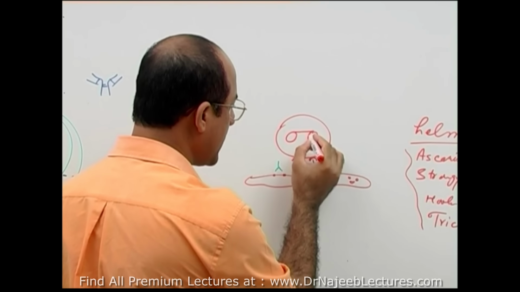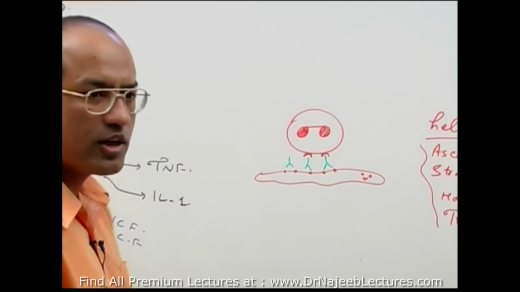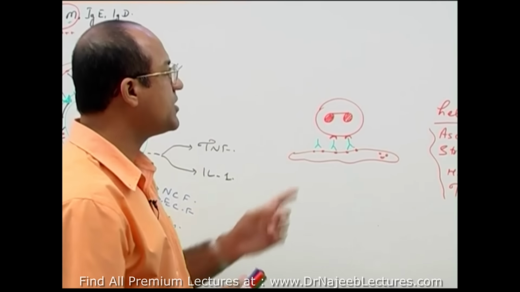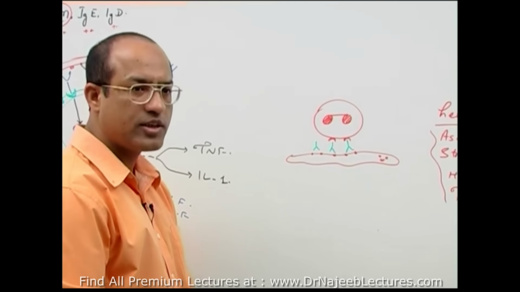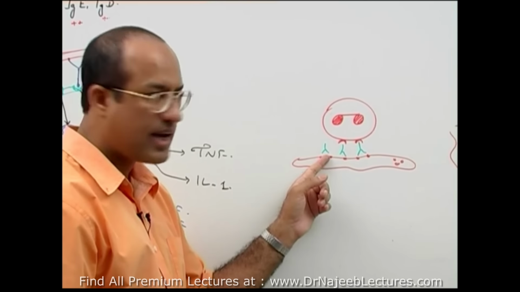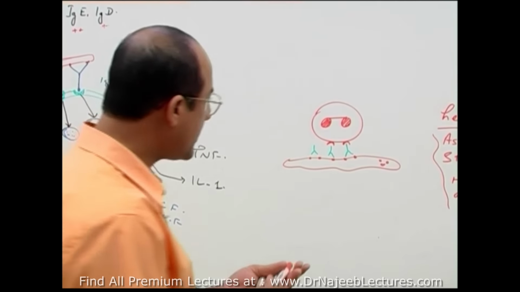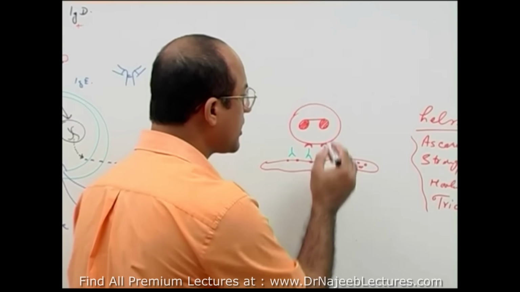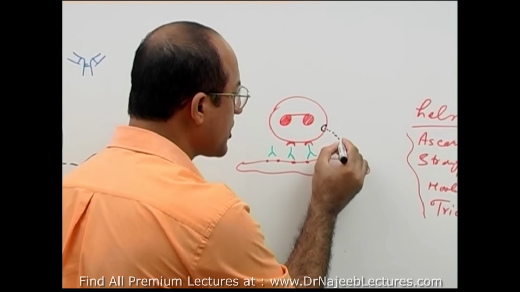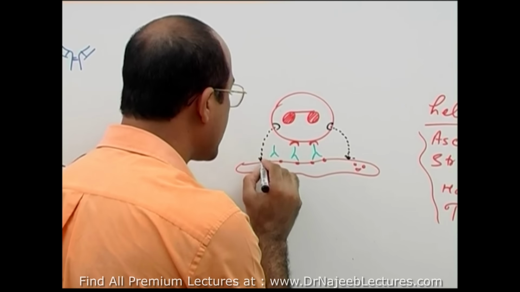This is not a mast cell, this is an eosinophil. So what really happens is that IgE antibodies coat the parasites, and their Fc portion can activate the eosinophils, and then eosinophils will release very important destructive products, and these destructive products have one important function, which is called major basic